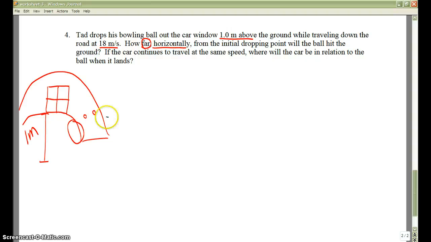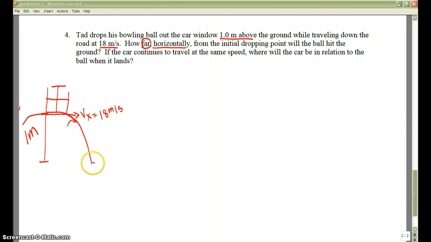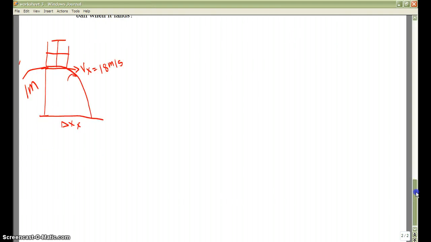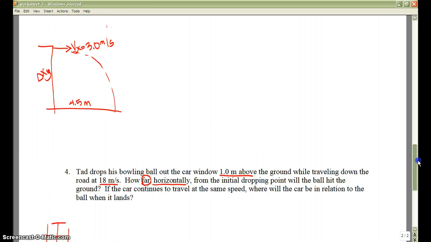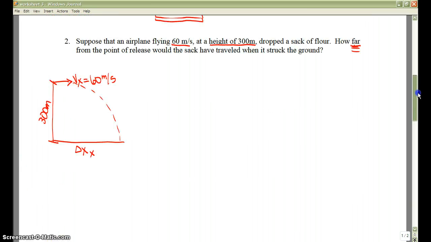So in this case, our car is traveling at 18 meters per second. So our picture then, I don't necessarily need my car. So our picture is the same as it has been with this initial velocity in the x direction, since my car is traveling on a flat road. It's going to be 18 meters per second. My object is going to curve down until it does hit the ground. And in this case, it wants to know what is that distance at which it's going to actually hit the ground. All right, so tomorrow in class then we have 2, 3, and 4 to work through